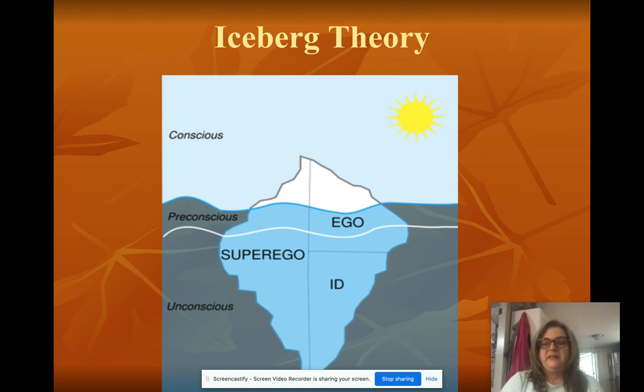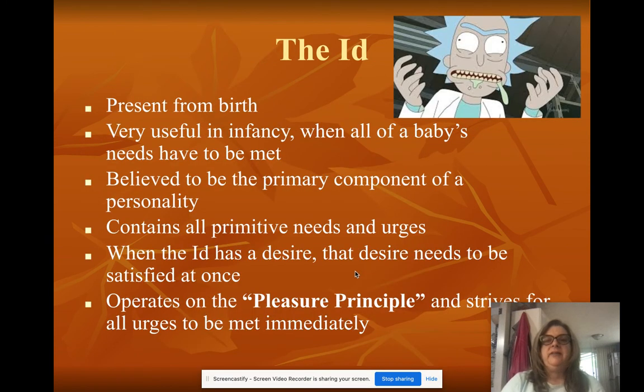We don't know what it is that drives us to want to survive, to want to eat, to want to procreate. Those are all things that are inside of us. And the superego exists all the way through, and it kind of helps to regulate that instinctual drive that we have. So, how does all of this, before I get to the Lord of the Flies, I did this Rick and Morty analogy to kind of help you out.